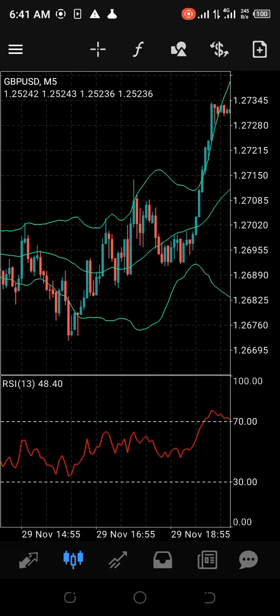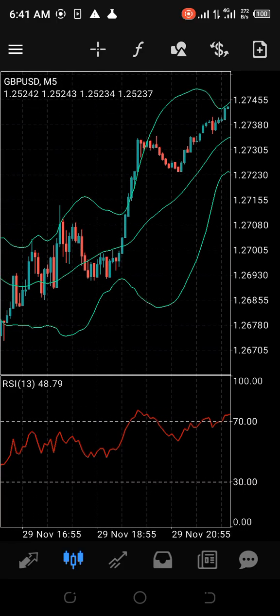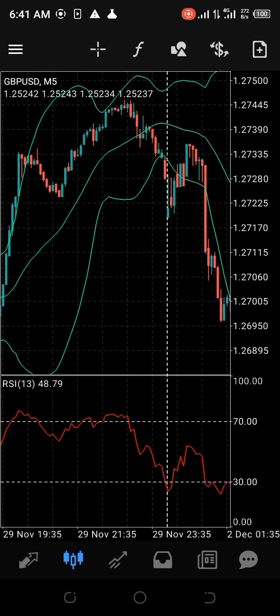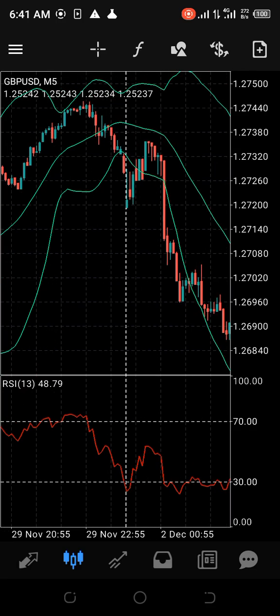So nobody breaks the law. If you break the law, whatever you see, you take it. If you are not disciplined, whatever you see, you take it. You see it crosses the band here, we don't have oversold here, so nobody enters the trade. So if you can stick to this plan, like I told you earlier,